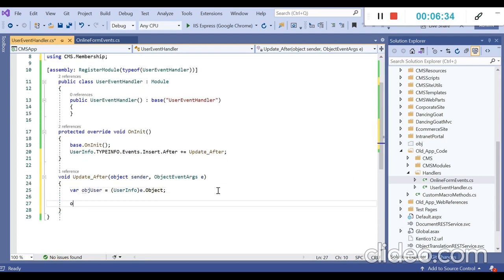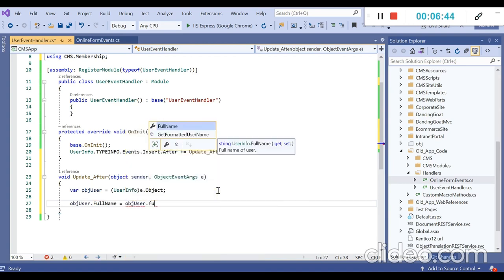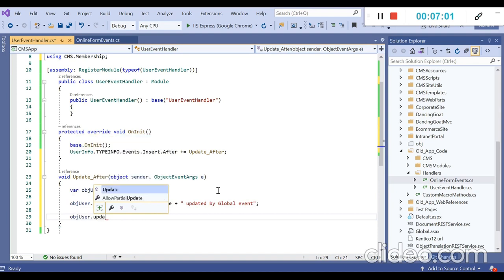Now objUser.FullName, we are going to add some text here: updated by global event, and let's call the objUser.Update method.